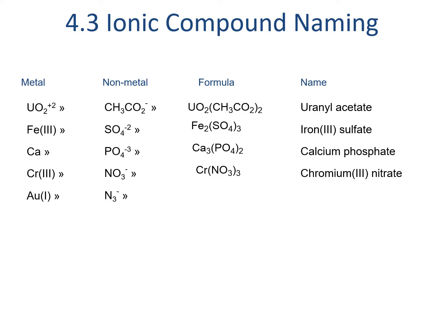Chromium(III) nitrate is just chromium with 3 nitrates. Gold(I) azide has a formula of AuN3. Typically, when a polyatomic ion only has a subscript of 1, it is written as is without parentheses, as is the case with azide. Maybe one of you is wondering, how can I tell that N3 is azide here instead